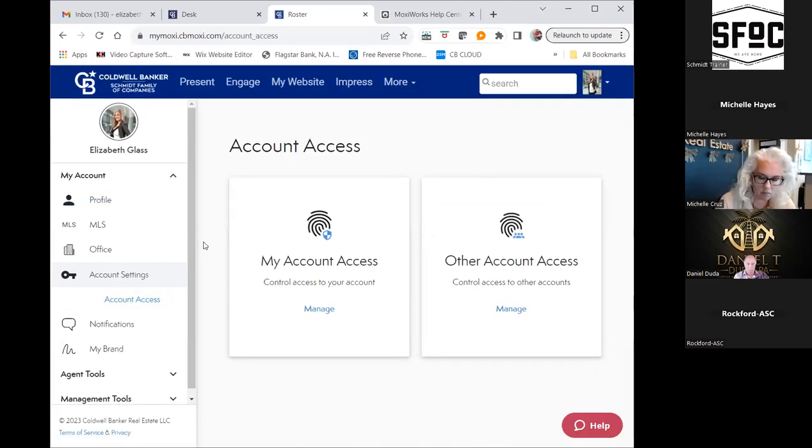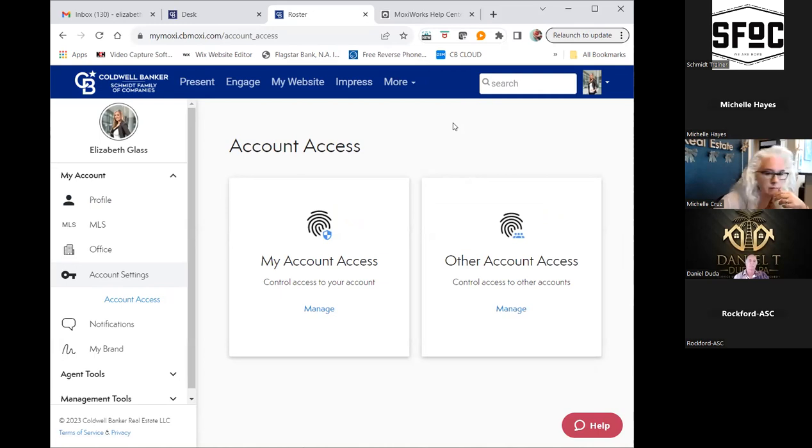If you provide access to your ASC or RSC or someone on the training team, what that will let them do is go in what's called proxying as you, meaning they go in as you without having to technically type in your user ID and password. So you're not providing password information to anybody. It doesn't make you lose access to your contacts or give anybody else access to your contacts. It just simply lets us go in as quickly as possible, take care of that tech resolution issue that you need, or answer that question for you.